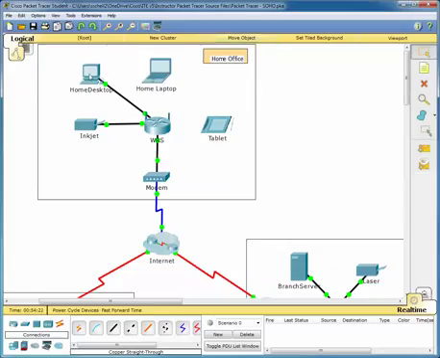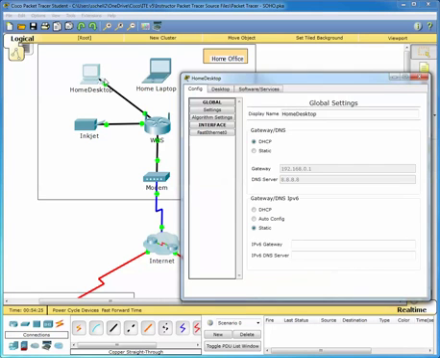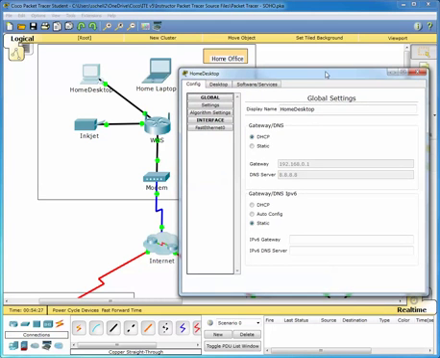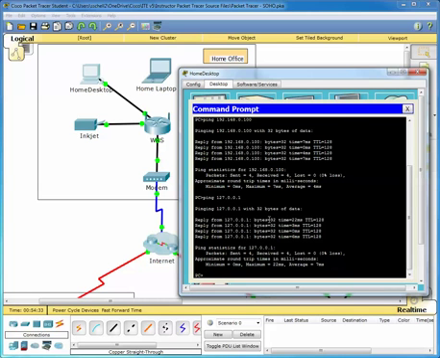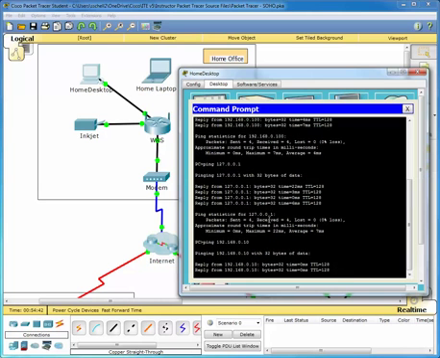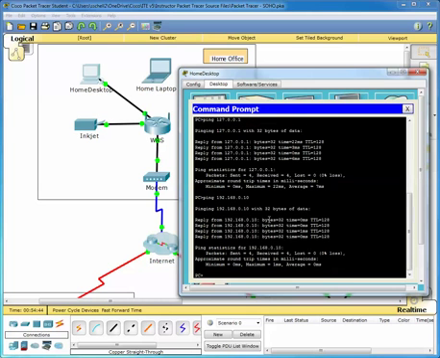We can test that inkjet is on our network. We can send it a ping. So from our home desktop, open a command prompt, and we're going to ping the printer .0.10. That's the static IP address I allocated it, and we've got a reply. Therefore our printer, our inkjet printer, can